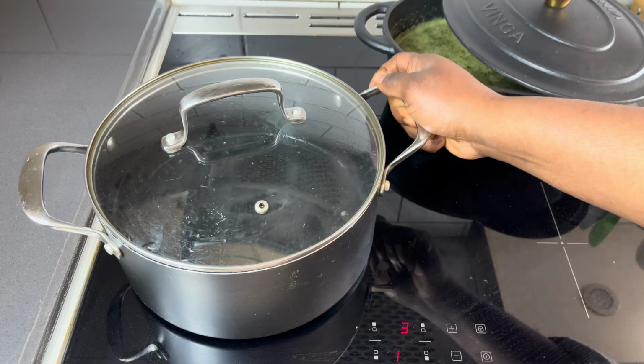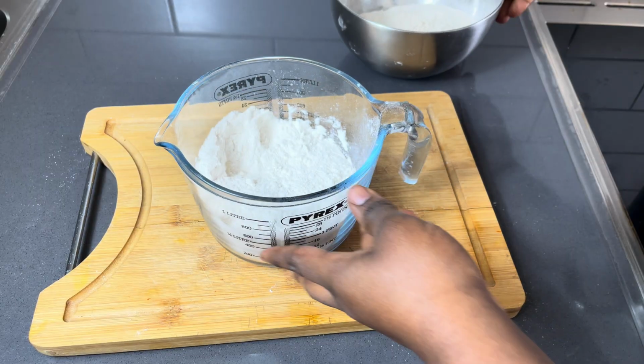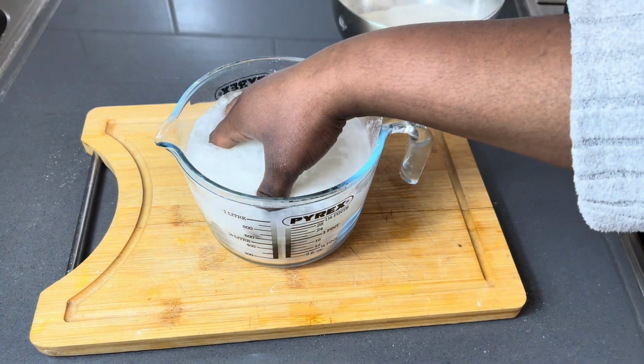I've actually shared a step-by-step recipe of how I make this and I'm going to link it here and below as well. All that you need is your corn flour and fermented cassava flour, which is your coconut. So I'm going to make this